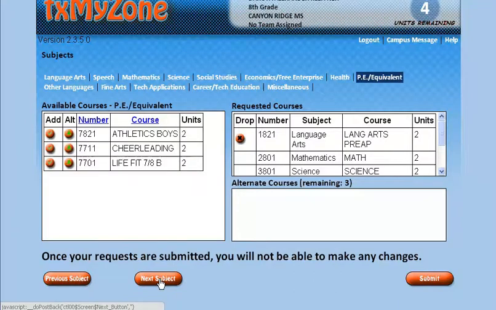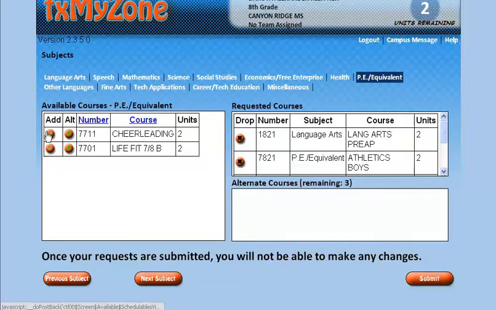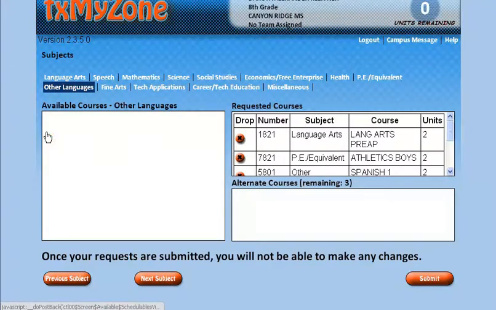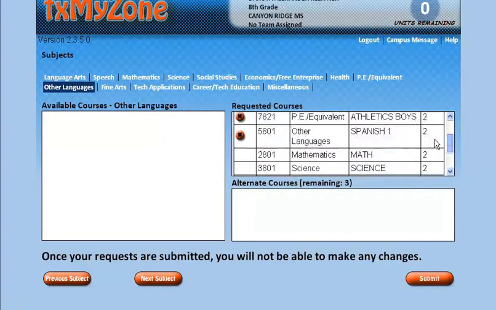And in 8th grade, remember, you're looking to make this look exactly like your choice sheet. So let's say this student who's a boy, on their choice sheet they're playing football, so they click that right there. It comes over to our requested courses. We go down 2 units, and we have 2 more units remaining, which means we have another elective spot. One elective spot, which can either be 1 year-long spot or 2 semester-long spots. So let's say that this student wants to take Spanish, so we click there, and notice it comes down to 0. So at this point in time, the requested courses section here should completely match their choice sheet.